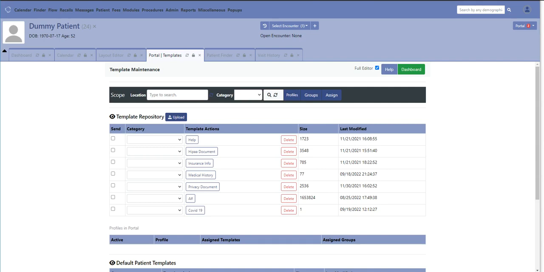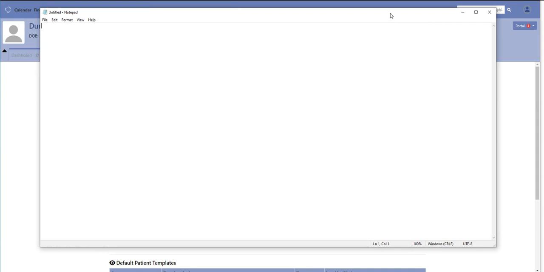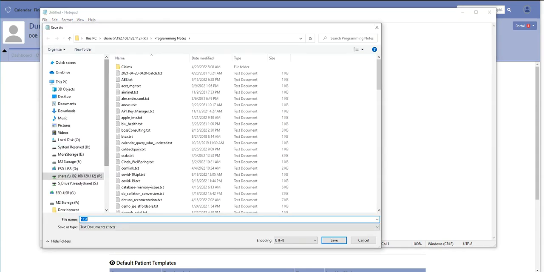Okay, so we're going to look at how to add a layout-based form to the patient portal. You're going to start out by creating a blank file in Notepad. If you were to open Notepad, the trick to it is, if you're going to save a file as a template file, go Save As, and then you want to